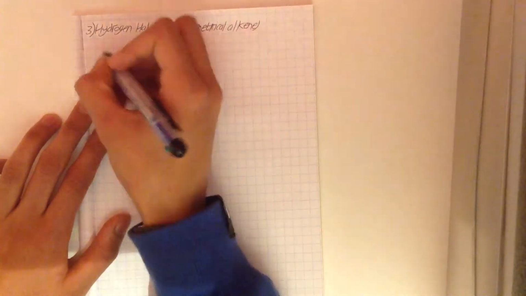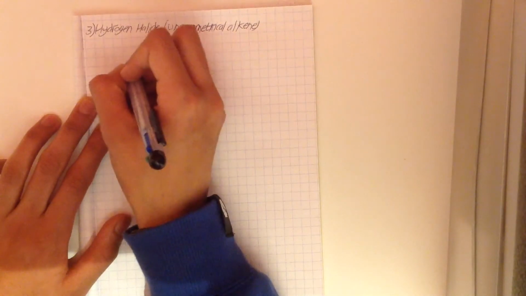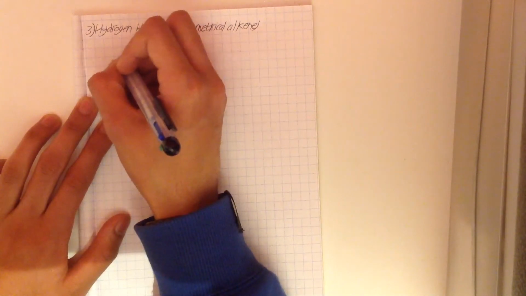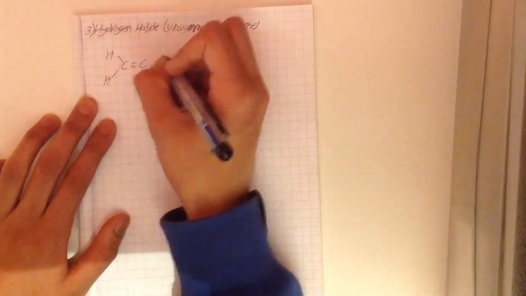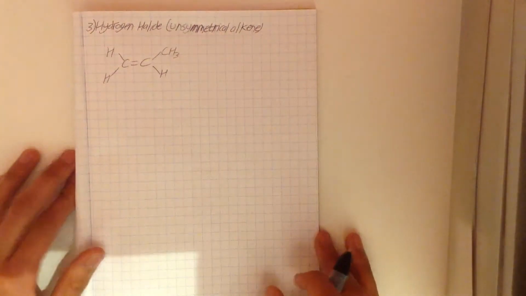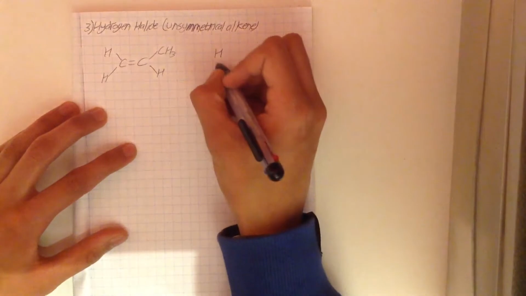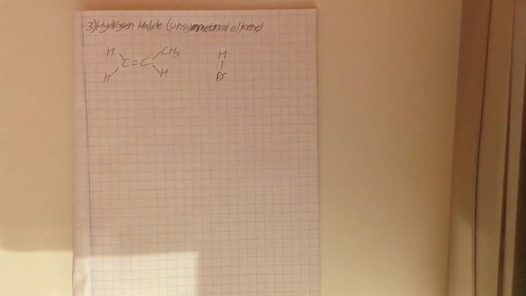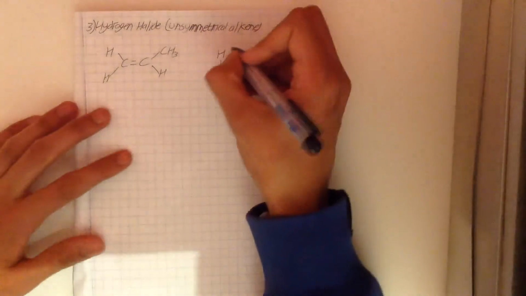So in this case, instead of using ethene, we're going to use propene. So we're going to have propene, which looks like this. And then we're going to be adding a hydrogen halide, which is HBr, the same thing. So our first step is, again, like we explained before, the hydrogen will have a slightly